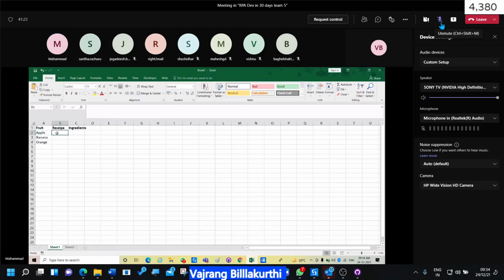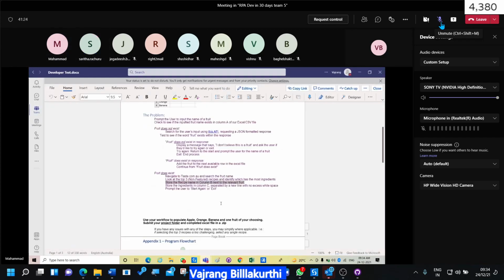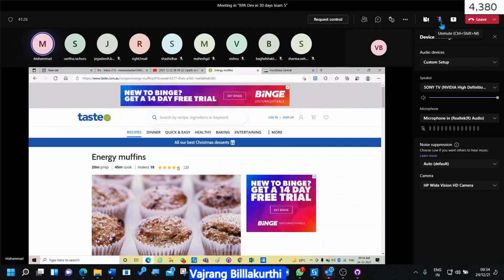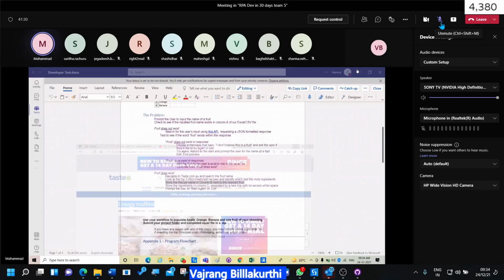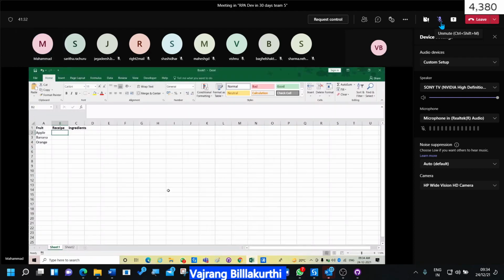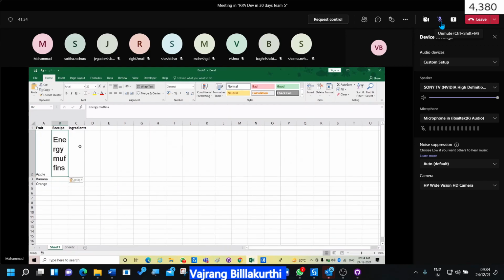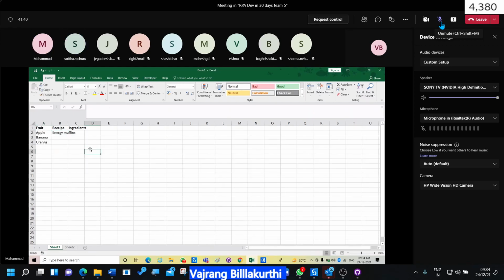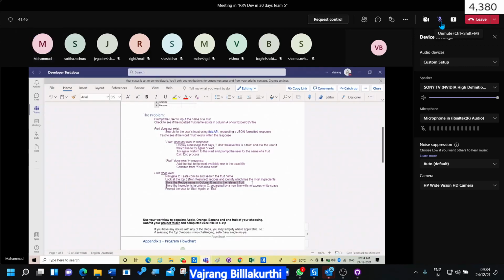Yes, I'm just copying the recipe name and storing it in column B next to the relevant fruit.